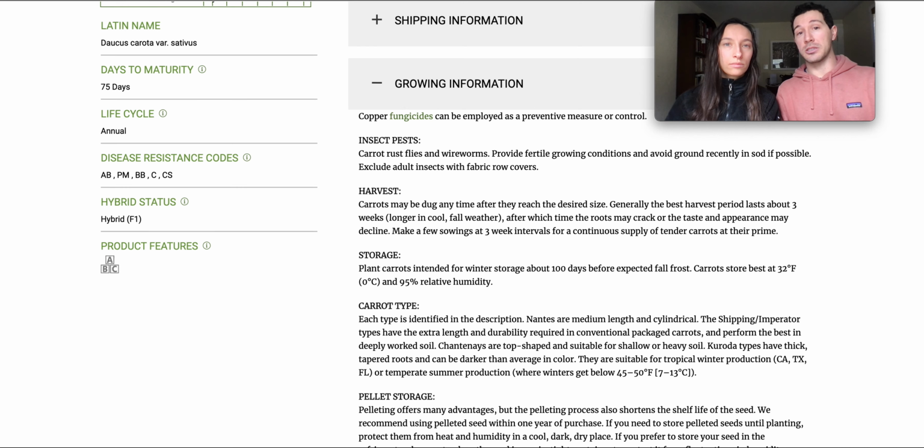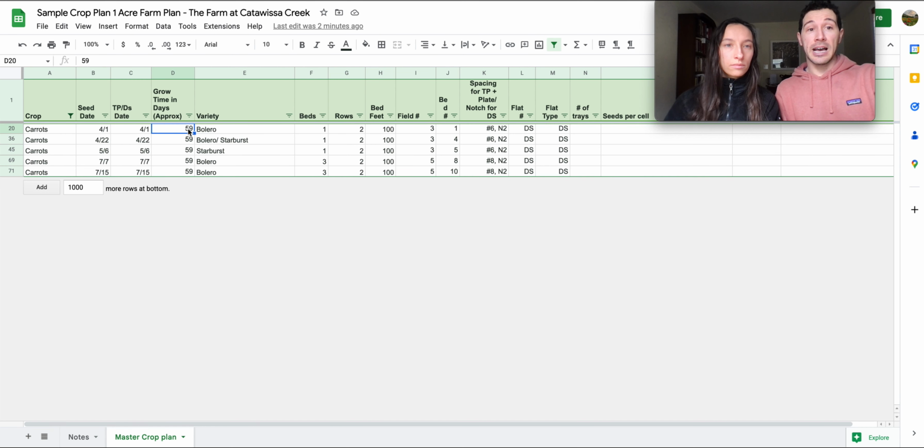And Johnny's is a really great resource. It gives you so much information. And if we can go back to the crop plan, we can update that. So we're looking at this. Our first seed date is 4/1, and it's 75 days. We might be wanting to adjust that so we can get